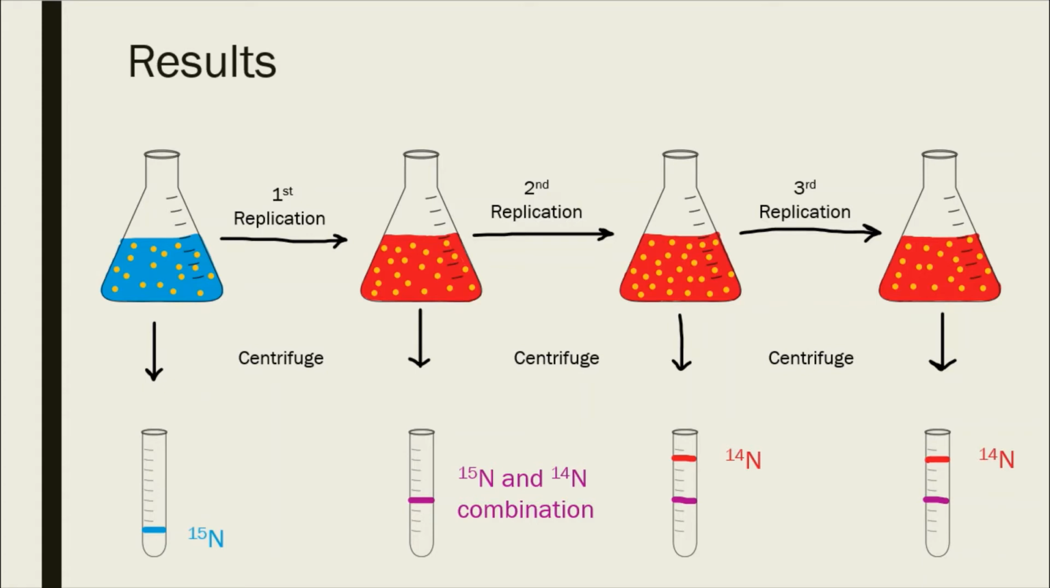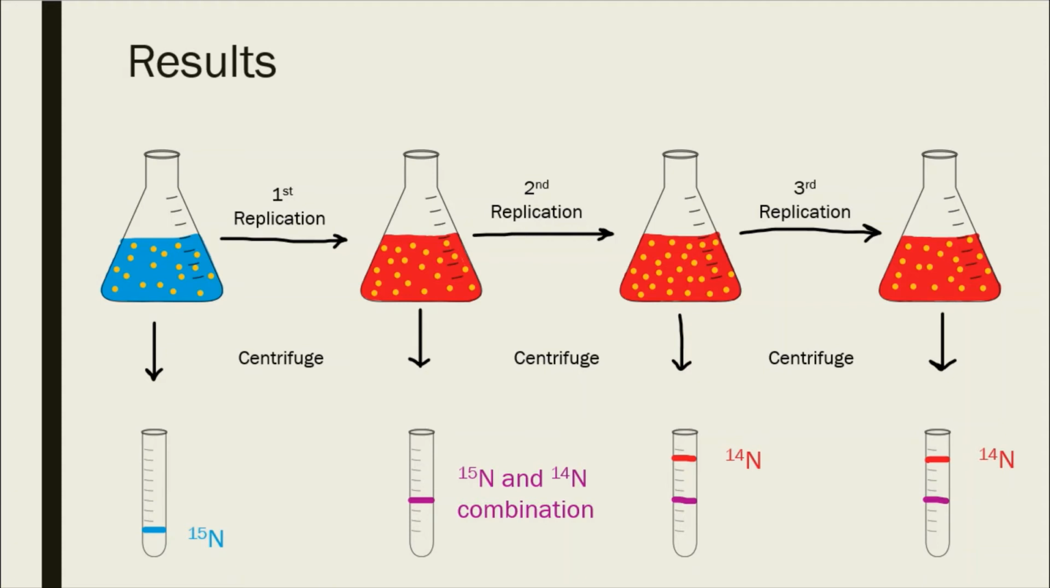The DNA samples were centrifuged, which means that they were spun so the different DNA strands could be separated by their weight. They observed that the DNA in the 15N media produced 1 15N DNA band. After the first replication in 14N media, 1 band was produced that was a combination of 15N and 14N, as seen here in purple. After the second and third replications in 14N media, 2 bands were produced. 1 band was a combination of 15N and 14N, as seen again in purple, and the second band was 14N,